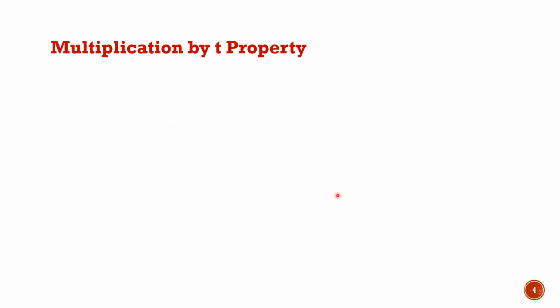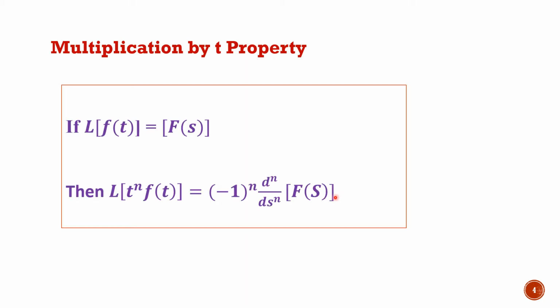So the next property is the multiplication by t property, which states that if L of f of t is F of s, then L of t raised to n f of t is equal to minus 1 raised to n, d raised to n upon ds raised to n of F of s. So multiplication by t means the function f of t is multiplied by